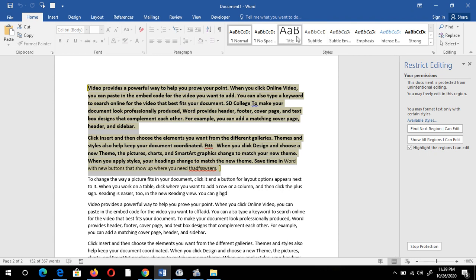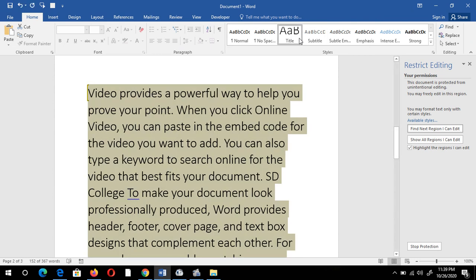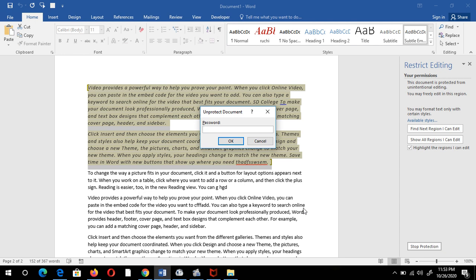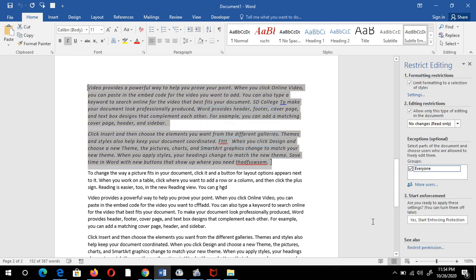I can select anything, like I want to set the style, this style, this style. If you want to restrict this also, you can. But firstly, you have to stop the previous restriction: Stop Protection, give the same password that you typed earlier, and it will stop.